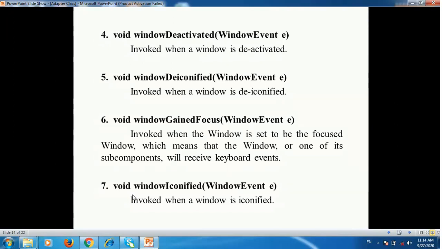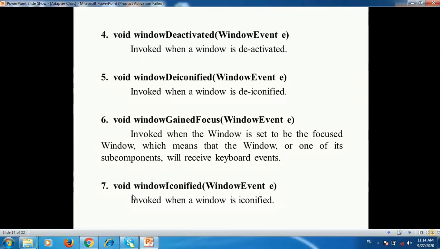So windowGainedFocus method is used to set the focused window. Means it focuses the particular window, which means it receives the keyboard events of the subcomponents.